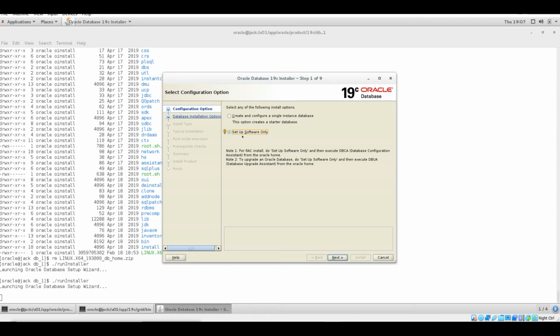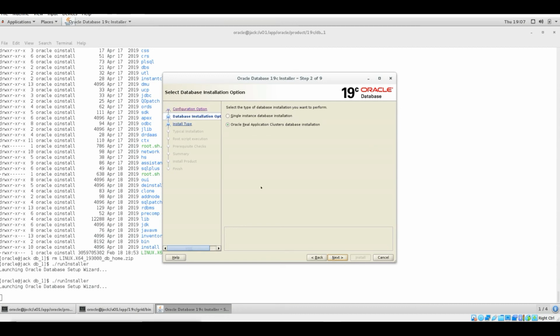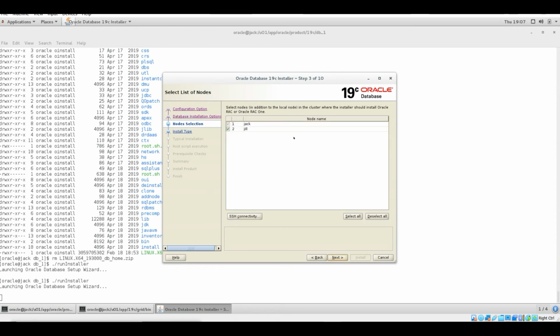So let us proceed with set up software only, because for RAC install we need to set up the software first, and then we need to create the database using DBCA. We need to select Oracle Real Application Clusters database installation. So two nodes are taken on their own.